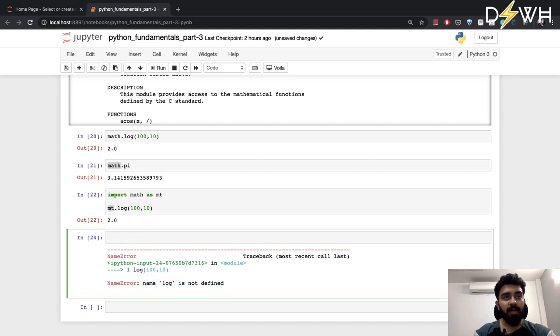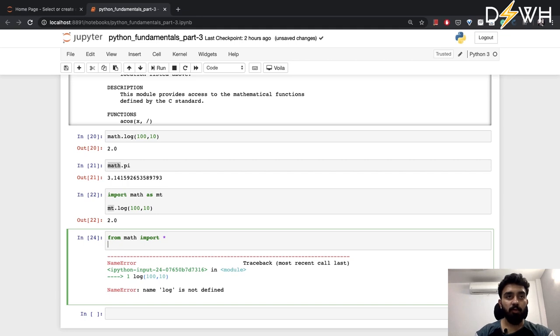So for that, another way of importing functions and classes from a module is from math import star. Basically this asterisk means that I want to access all the attributes and all the functions available inside this math library for me.